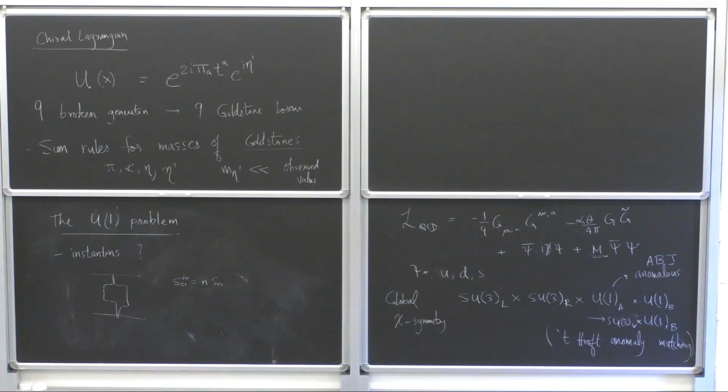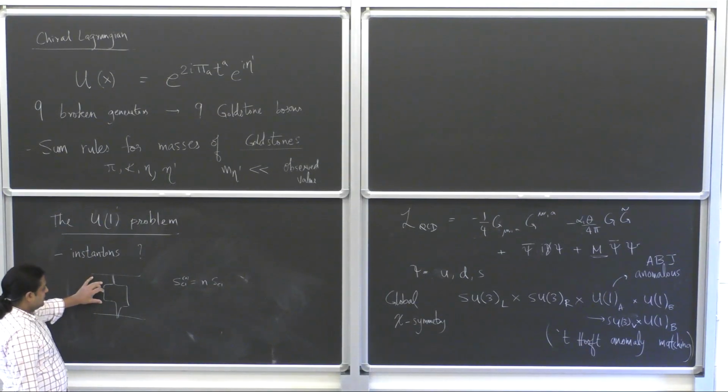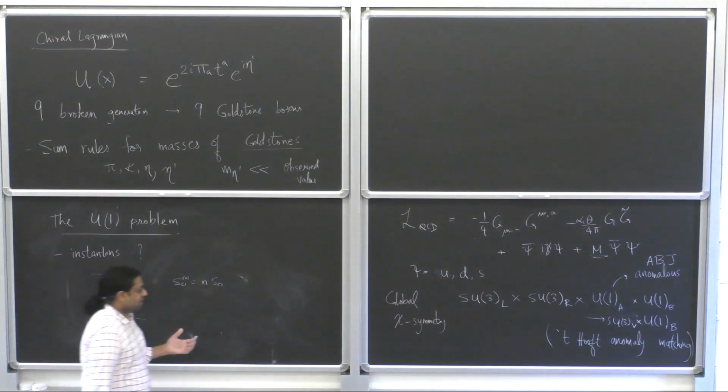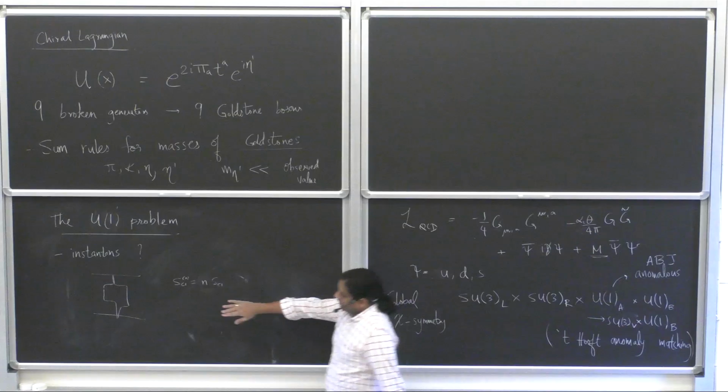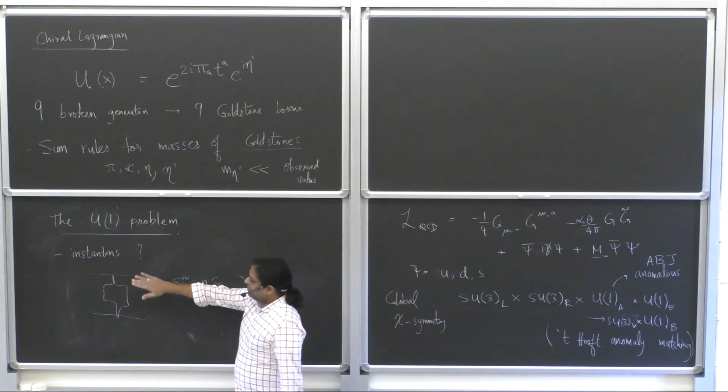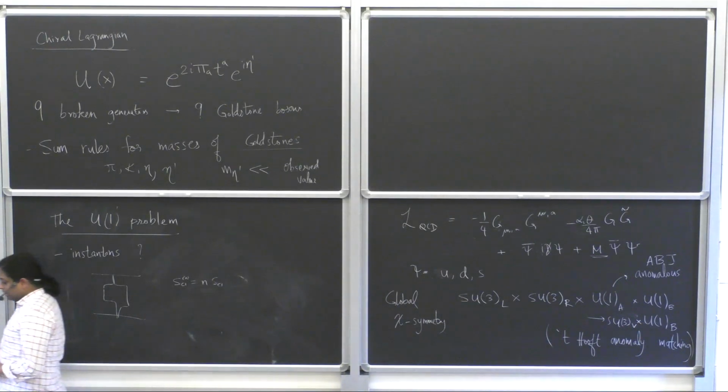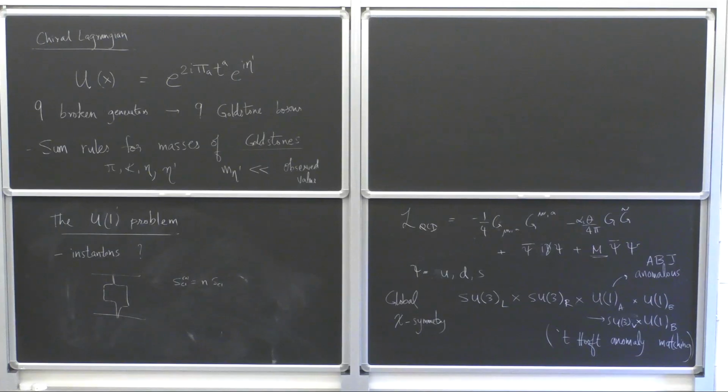Once you get to strong coupling, the instantons are no longer sparse. There's not a big exponential suppression to their action. And so the dilute instanton gas approximation breaks down. And so at the end, the modern take is that it's not clear that it's actually instantons that are responsible for breaking the U1A symmetry. So it's true, U1A